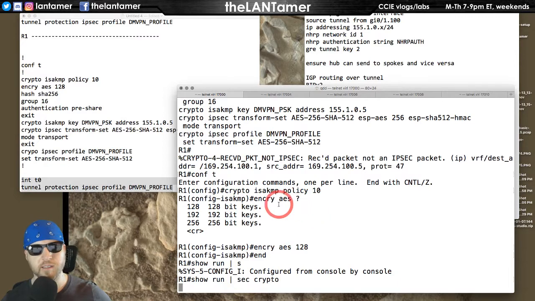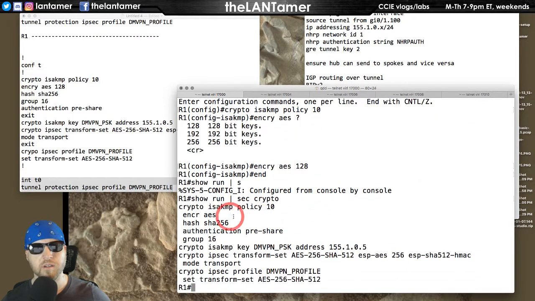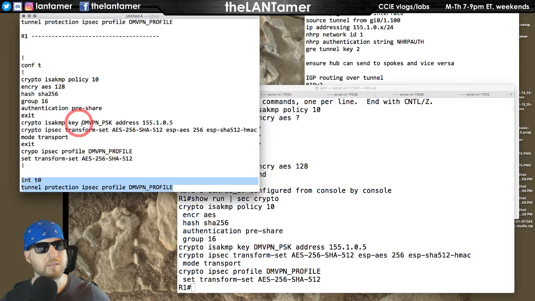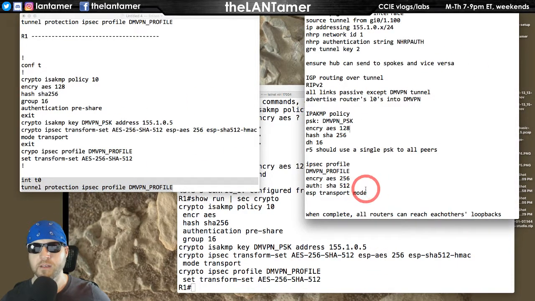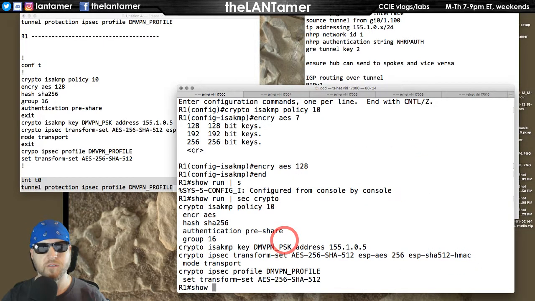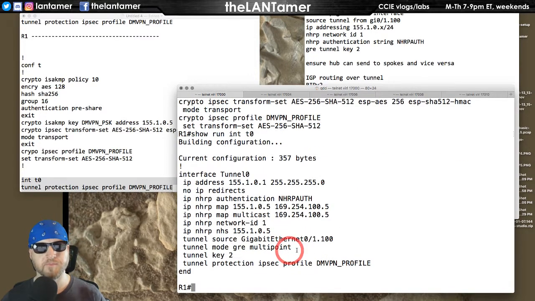Why do you do me like that, parser? Okay, 256, group 16, authentication, crypto address, ESP, AES256, SHA-512, mode transport. Okay, then show run interface T0. Okay, good. So now our tunnel should be down,